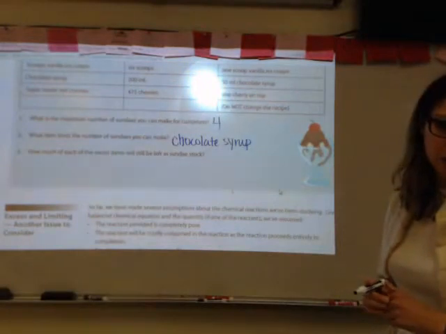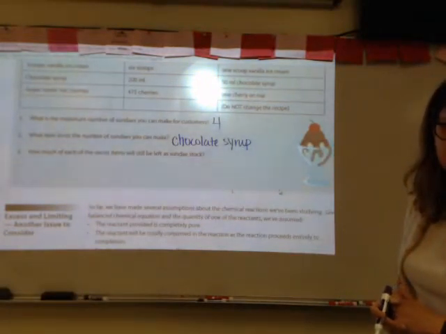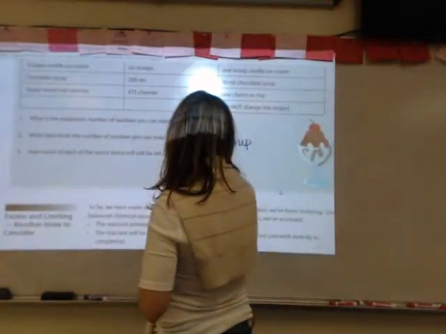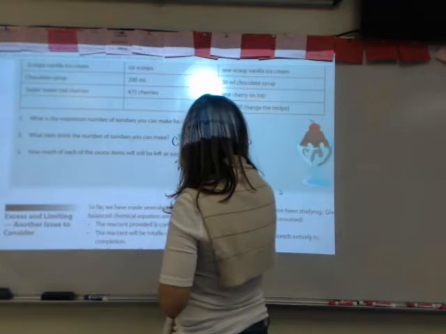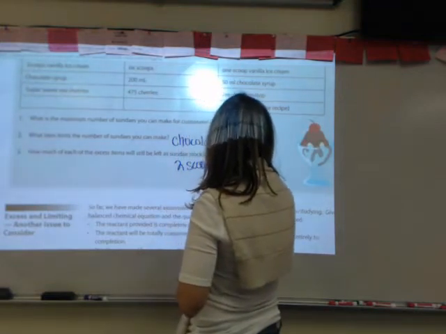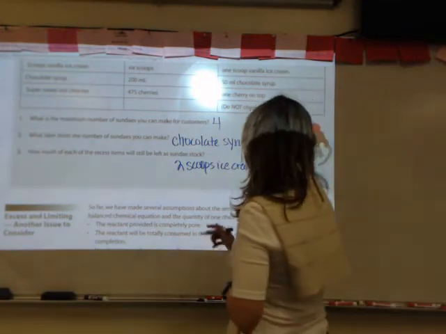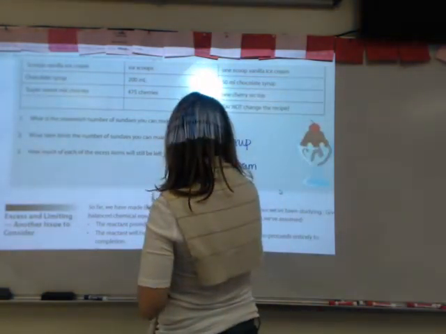Number 3, how much of each of the excess items will still be left as sundae stock? Well, you're going to have 2 scoops of ice cream left, and you're going to have 471